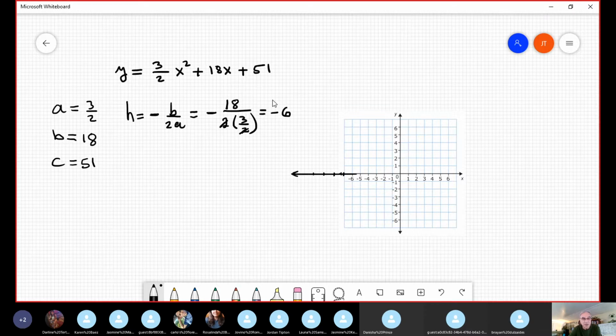In order to find the K value, you plug this minus 6 into the original equation. Let me write here. K is equal to 3/2 times negative 6 squared